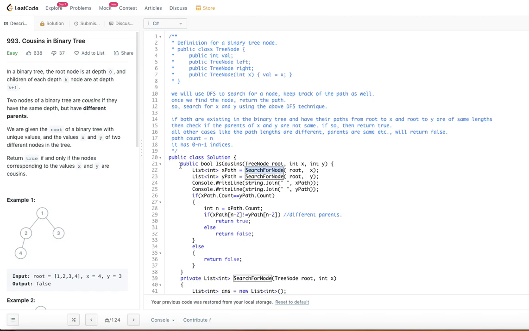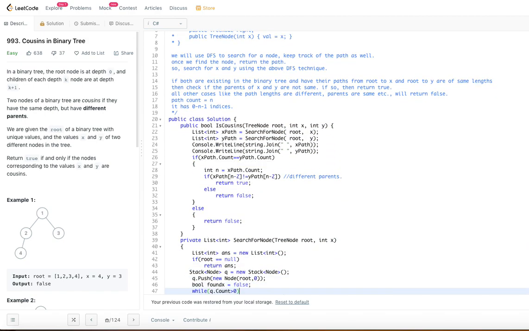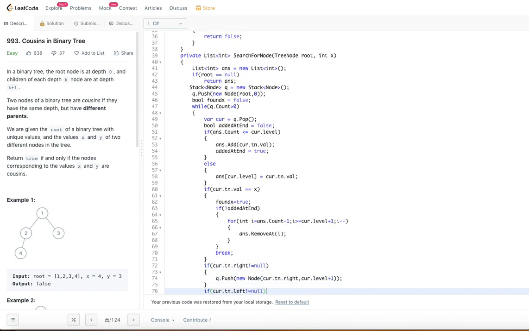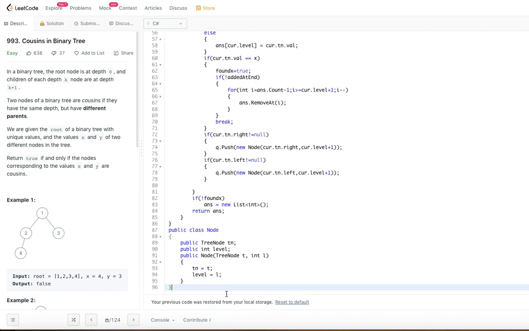Let's go ahead and look at the code for search node. We just looked at the algorithm for the main method, but we haven't looked at search node. So this essentially is an implementation of the DFS algorithm. For this, I have a placeholder class to keep track of the tree node and at what level it is. Obviously the root node is at depth 0, so the level for the root node will be 0. This is a placeholder class which I am going to use as part of my DFS implementation.